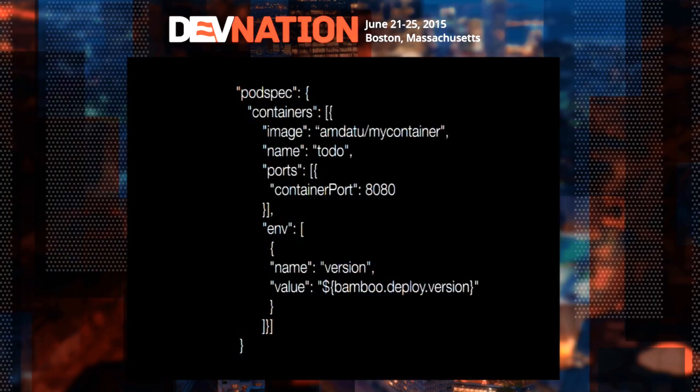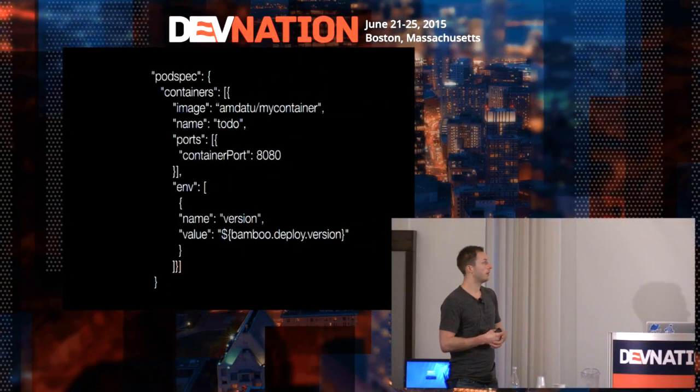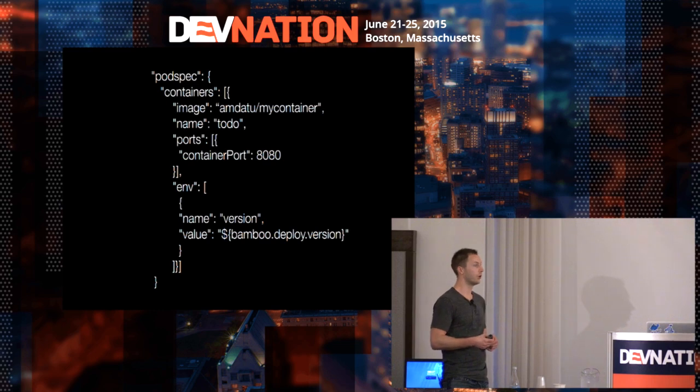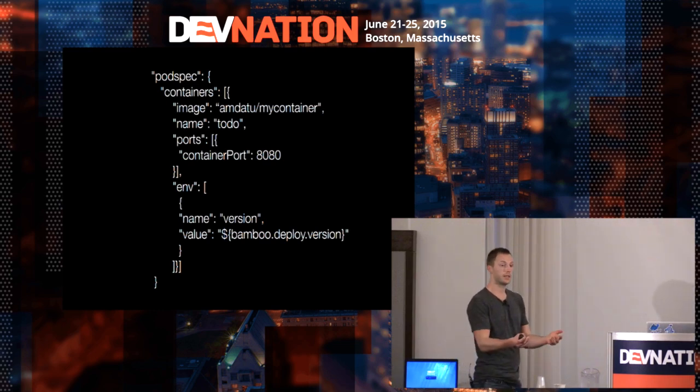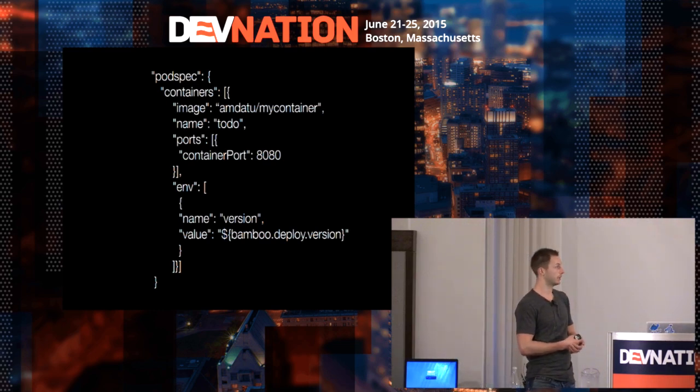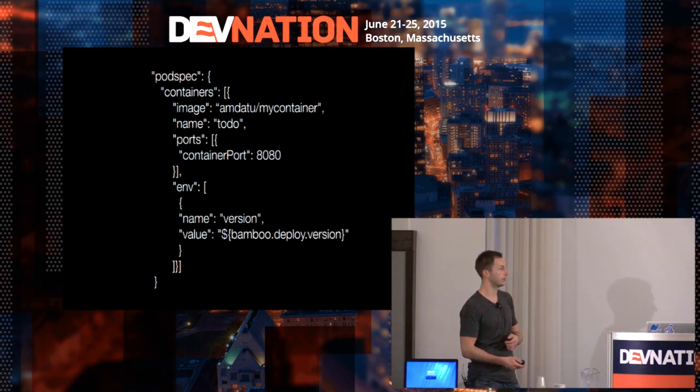Next, we have the pod specification section, and that's just the pod specification as we've already seen it. So this is just the API, which is part of Kubernetes. In this case, again, a container and the fact that it runs on port 8080. We also see the interaction of environment variables here. And for example, here I push the version of the application, or actually the version of the deployment. I push that to the application so that we can start using that in our container. And a little bit more about that kind of configuration later on.